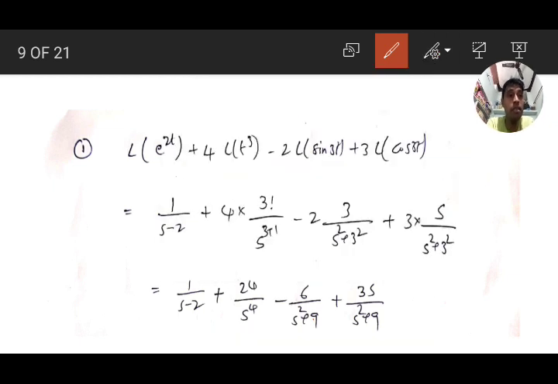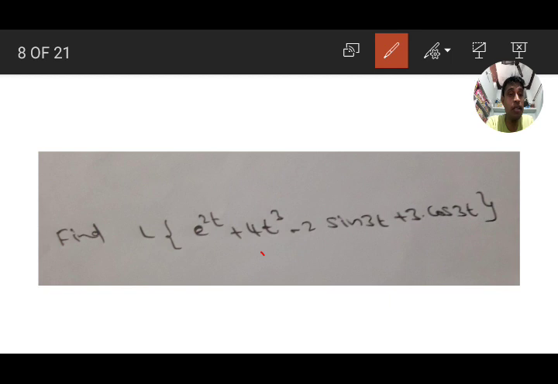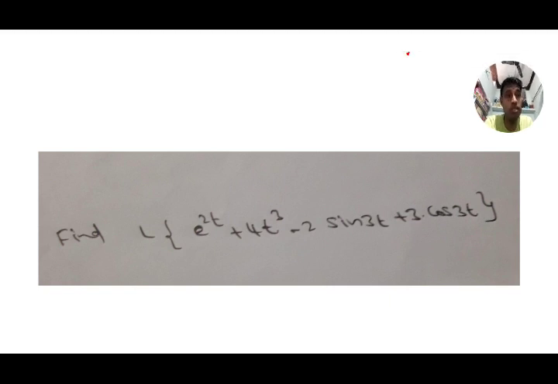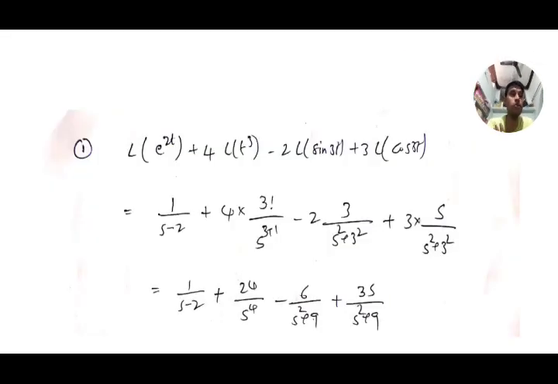Okay, please write down this question: sum of 4 functions. Here 4 is the coefficient outside, 4 is the coefficient outside, 2 is the coefficient outside, 3 is the coefficient outside, and Laplace transform of e to the power of t, Laplace transform of t cube, Laplace transform of sine 3t, Laplace transform of cos 3t, and then applying the formulas we get the answer. Write down the solution within the minutes. I will give half a minute. Write down this one.